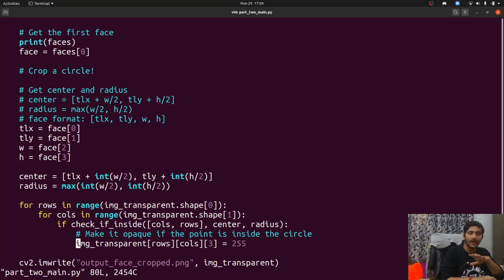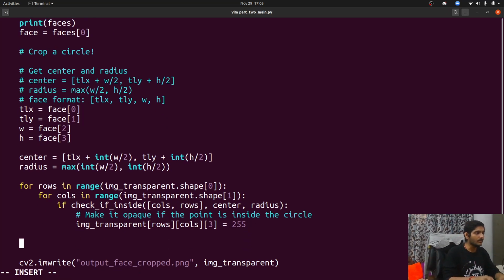Okay, now we know that for those pixels which are actually the face, the fourth channel is 255. For everything else, the fourth channel is 0. So whichever pixels have the value 0, I can just put the blurred image there. Wherever there is 255, do not do anything with it. So let's do this.